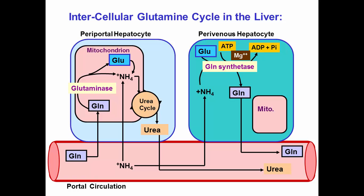The first way we've talked about is urea synthesis, right? Urea is detoxifying ammonia. And that is, again, primarily any ammonia coming in from the intestine is going to be made into urea. Glutamine coming in is going to be cleaved and yield ammonia and make urea, right? So that's the primary way. The second way is that any ammonia that might escape, and there are regulating things that will make ammonia pass through and move along and get taken up,